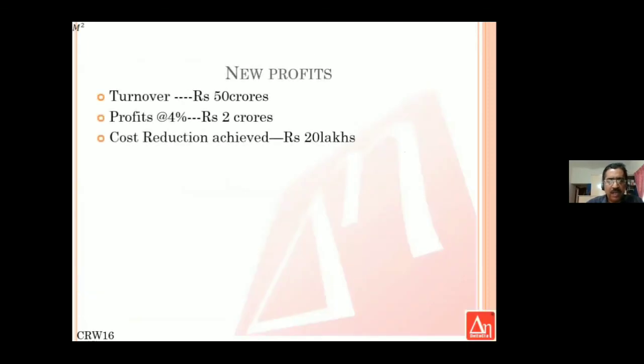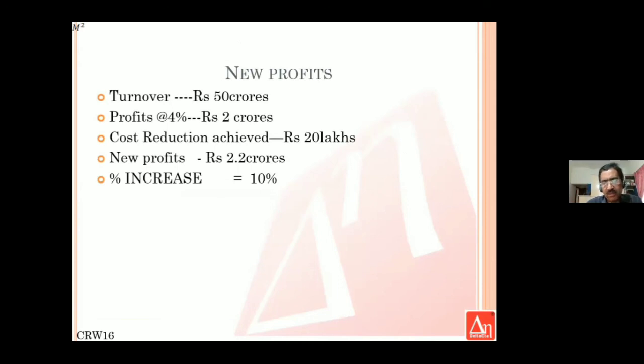Again, let's say the turnover of the company was 50 crores and you're making a 2 crore profit. By moving this die shop inside the factory, you save directly 20 lakhs of rent. So your new profit becomes 2.2 crores, or an increased profit of 10% just by reducing the store size. I'm not taking the cascading effects into account. Just eliminating the rent gives you a 10% additional profit.